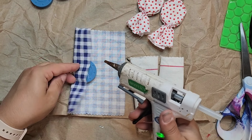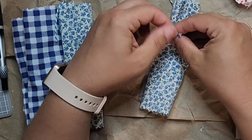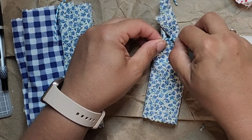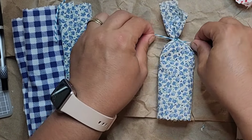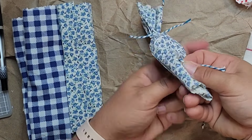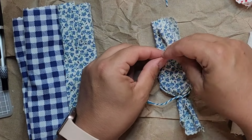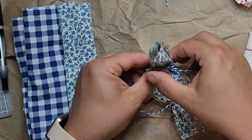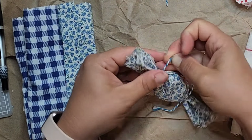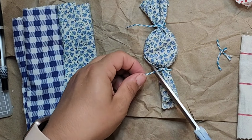I pick the blue, so in case that poker chip shows through just a little bit, it goes with the fabric. And I use some blue and white baker's twine. You can get baker's twine at Hobby Lobby. I did pick up mine at Dollar Tree, but I don't see it there regularly anymore. So your best bet would probably be going on over to Hobby Lobby, clipping off those ends, and this is